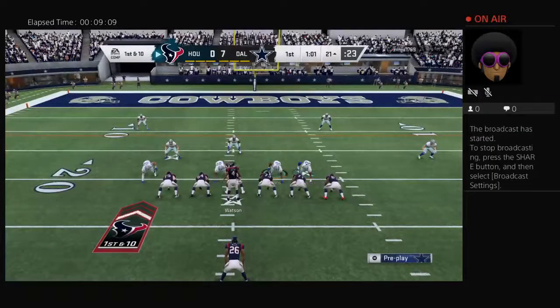Check. Watch 54. Watch the screen. Check 31. Check